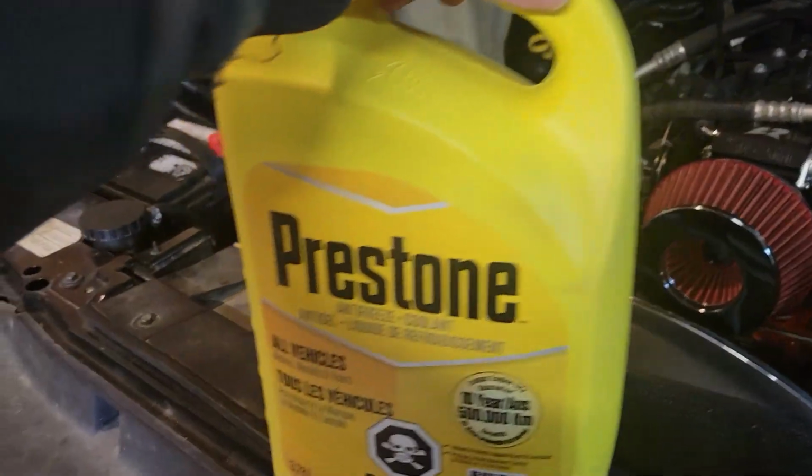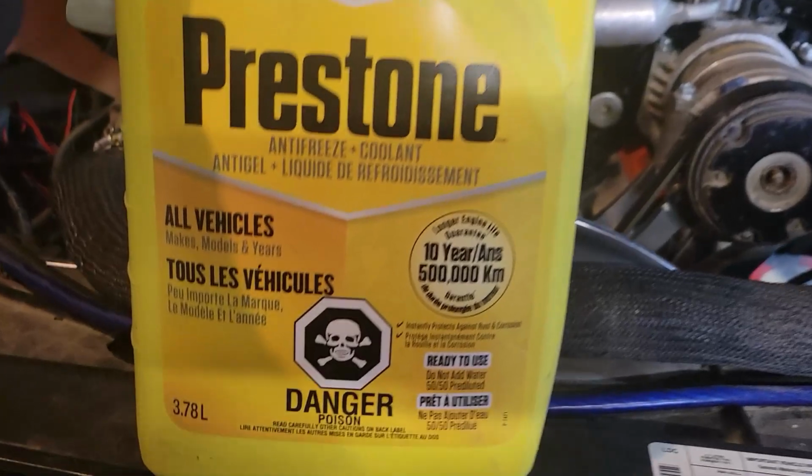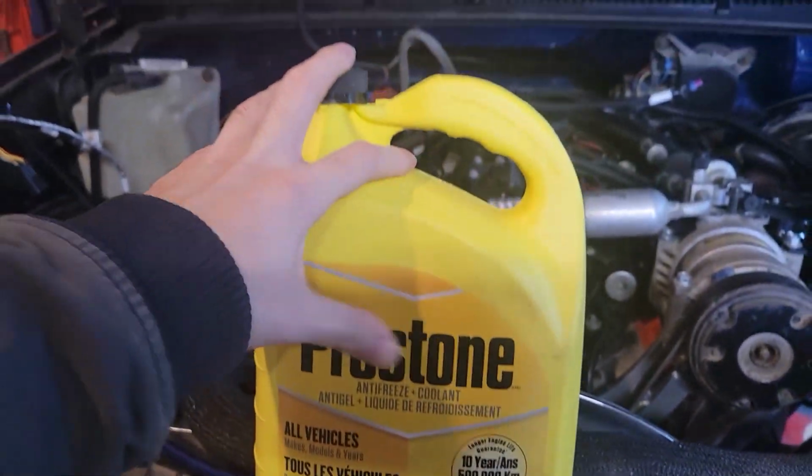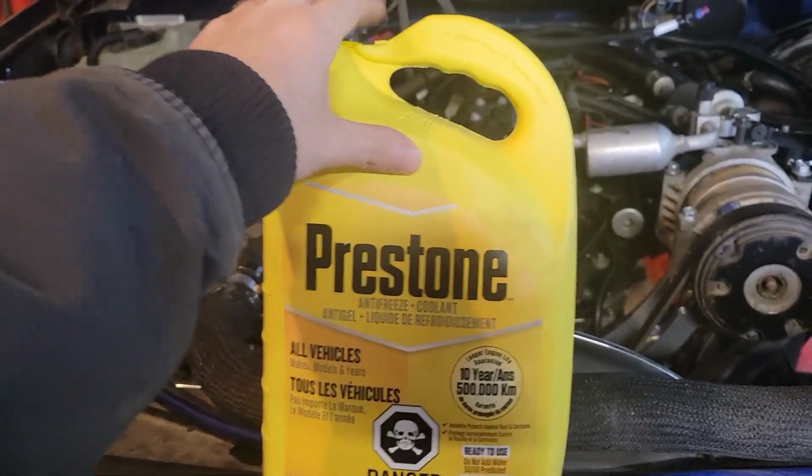So yeah, if you guys think of any other antifreeze that you think I should use, let me know. I would rather use Royal Purple, but like I said, this is all we can get up here. So that being said,